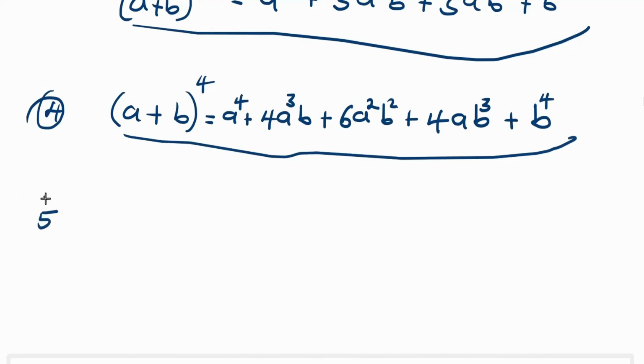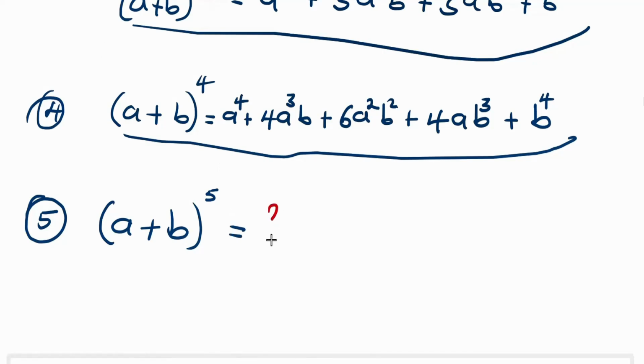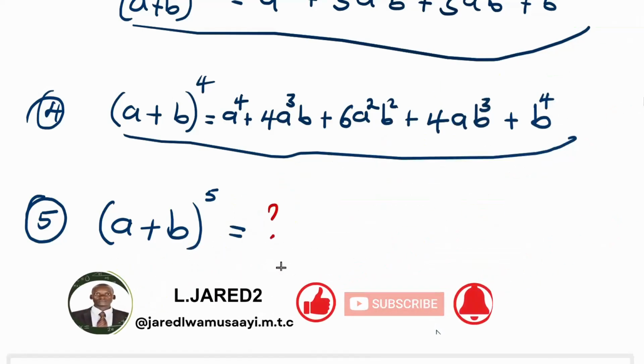Let us have number 5. So you try out a plus b, the whole of it raised to power 5. We are saying that when expanded, what is it equal to? So work out number 5